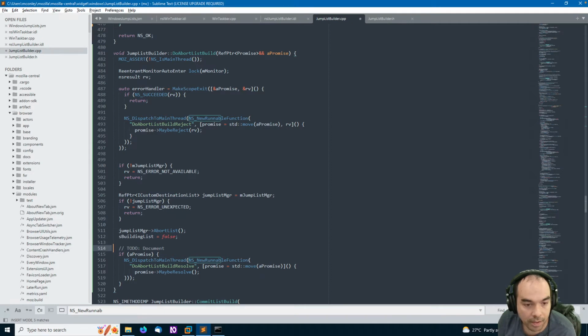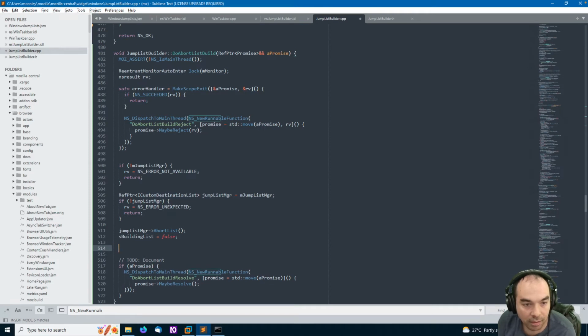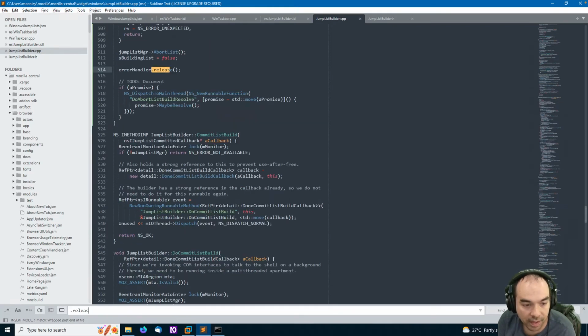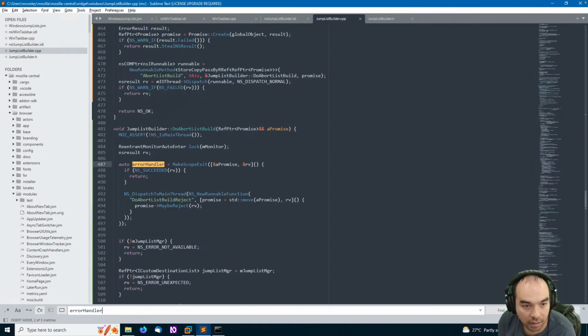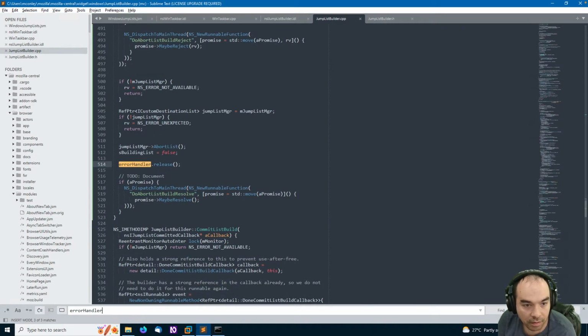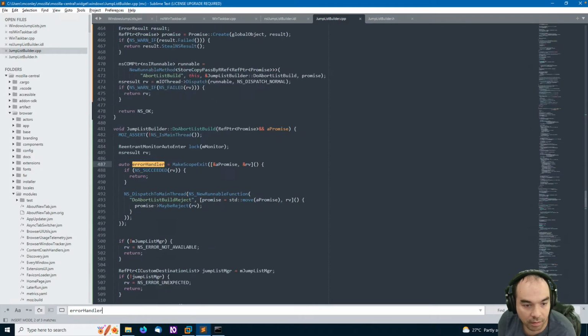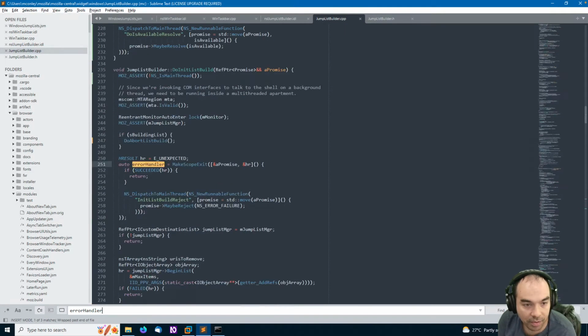And then if promise, we need to release the guard. Error handler release. That's how that works. Yeah. Looks like they haven't been doing that in other places.